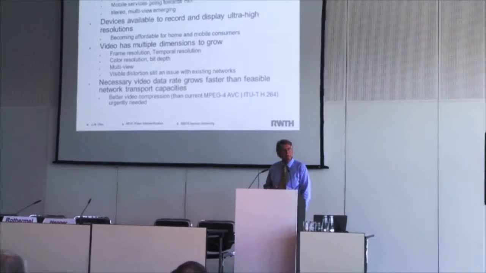I recently heard a presentation by some network guy who talked about that they are expecting, at least in the mobile area, the bandwidth crunch during the next 2 or 3 years due to the increasing traffic of video, and they don't know what to do about it. So I told him I have the solution, because HEVC is appearing and it will at least delay your bandwidth crunch for another 2 years. But I think it's a clear indicator that more compression is urgently needed, and that means more compression than what we have now, which is advanced video coding, also known as the H.264 standard.